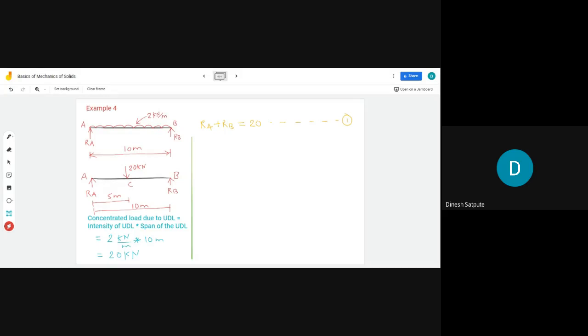So, for example, if you consider summation of moment acting at point A, say MA, moment acting at point A is equal to, now if you see this free body diagram, then the moment about A will be contributed by two forces, that is 20 kilonewton force and